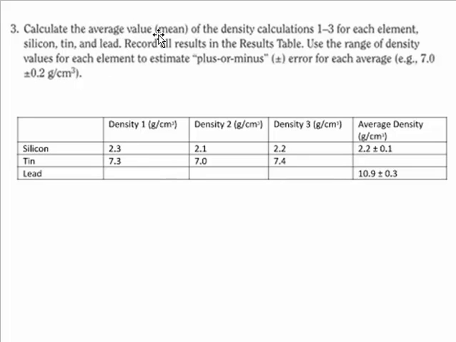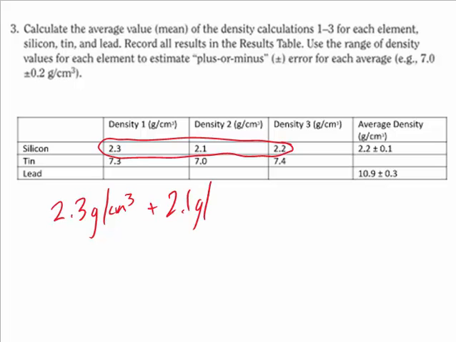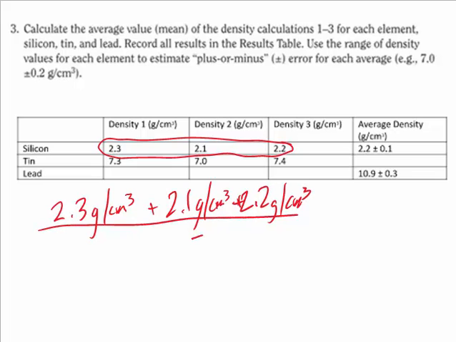Number 3 says, calculate the average value, mean, of the density calculations 1 to 3 for each element, silicon, tin, and lead. Record all results in the results table. Use the range of density values for each element to estimate plus or minus error for each average. So then they give you an example there. How you calculate an average is, you take these 3 numbers, all for silicon, and add them together: 2.3 grams per centimeter cubed plus 2.1 grams per centimeter cubed plus 2.2 grams per centimeter cubed, and then you divide all of those by 3